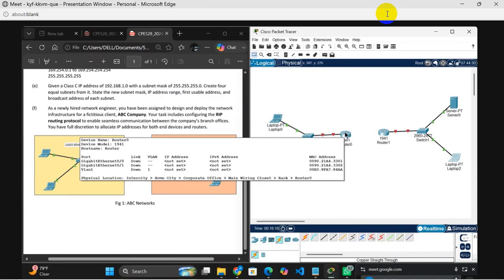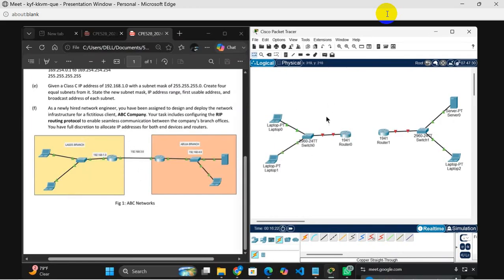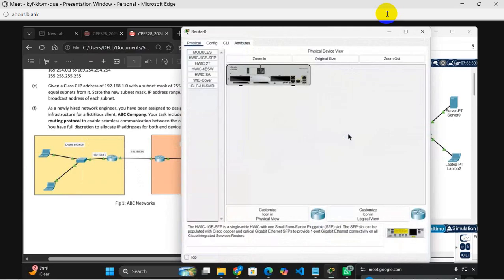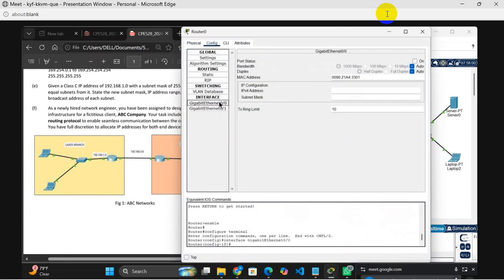networks together. So to configure the IP address for the port associated with the Lagos branch, you can just hover over here to see the interface we're going to be using. So we're using the one that has the red arrow that is closer to the router end. So that's gig 0/0, that's gigabit ethernet 0/0. So we click on the router, come under config, then click on gigabit ethernet 0/0. So the IP address you then specify here is going to be the IP address of the default gateway for the Lagos branch. So that's going to be